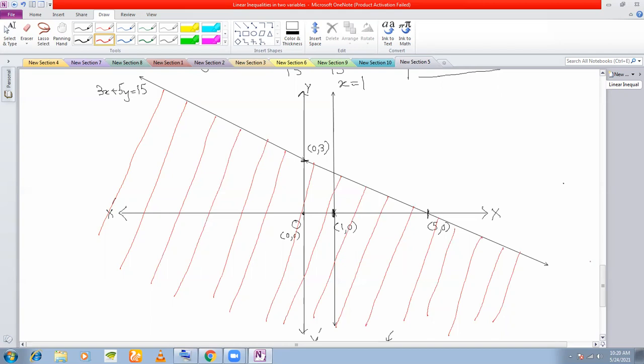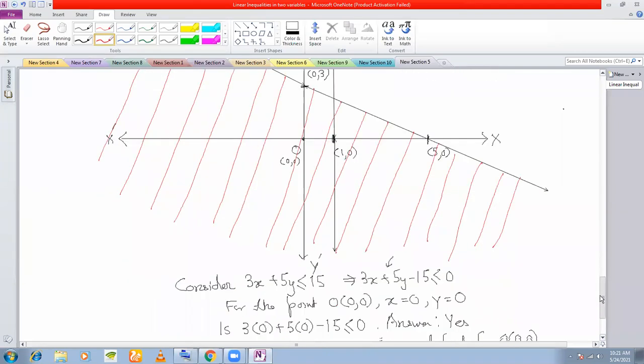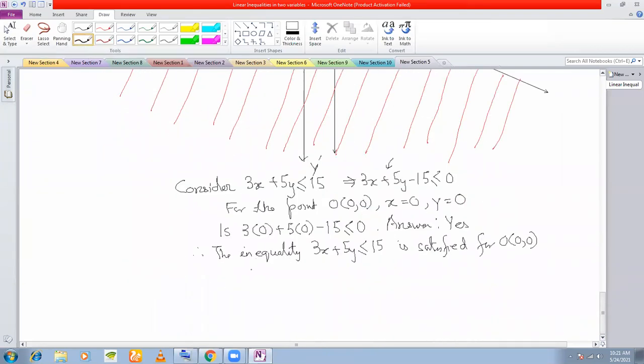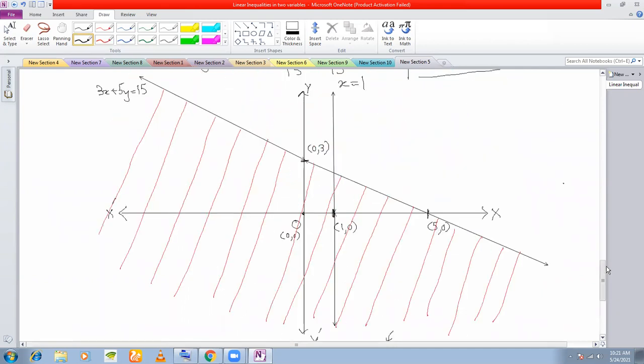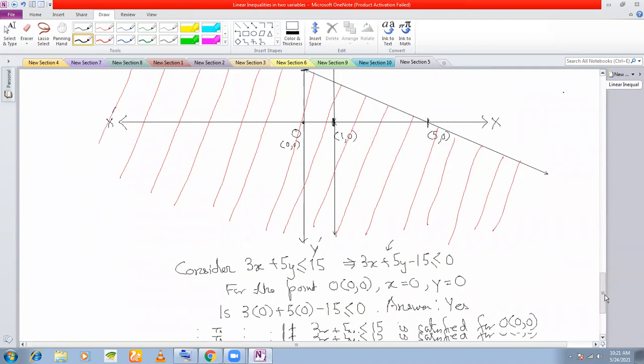Similarly, here also, we have found the region which forms the solution of 3x plus 5y less than or equal to 15, or 3x plus 5y minus 15 less than or equal to 0. Now we are going to check for the other line, and then shade the common region. So what is the other inequality? Consider x greater than or equal to 1, right? That means you can write this as x minus 1 greater than or equal to 0. Again, take the origin. Here also you have the origin side and the non-origin side, right?